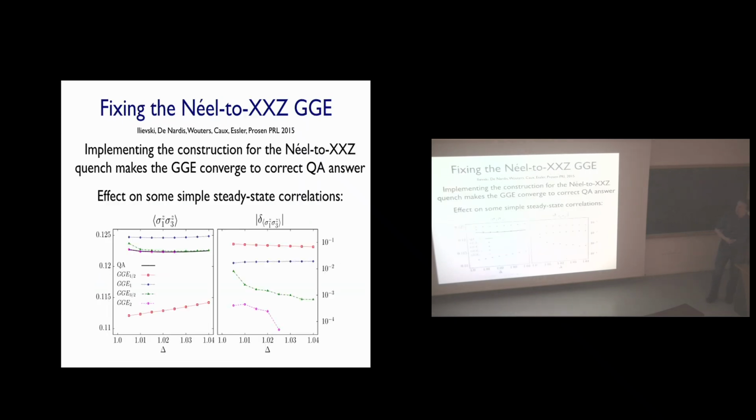So the way to fix the GGE was to go not only to the local charges, but the quasi-local charges, and then families of quasi-local charges until it converged. And in a sense, we repaired the GGE with this, but also for me, we kind of proved the lack of economy of the GGE for these things. Can you imagine the amount of work you need to do in order to obtain something that you obtain directly from the quench action? So it's like showing, fine, you want to go here, and you can just do this, and then you're there.